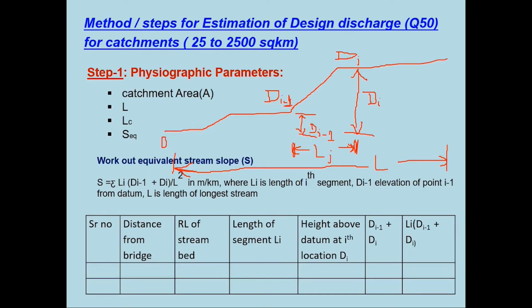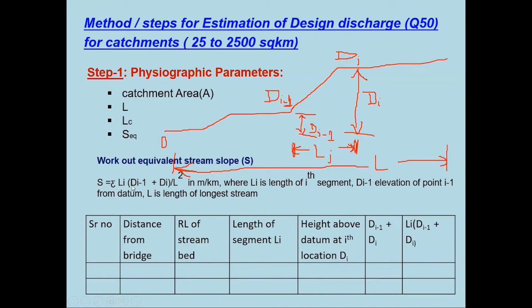Now I have said that there will be a statistical slope. So what is this statistical slope? In an RBF report, we have gone directly by L by H, the distance we have decided. In most of the equations, we will go by this statistical slope, and the statistical slope has been given by the equation